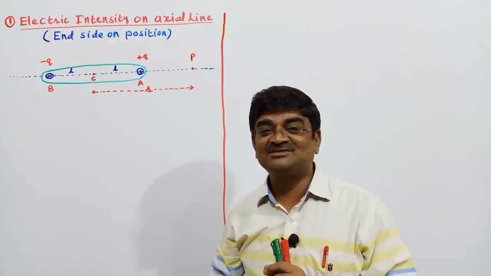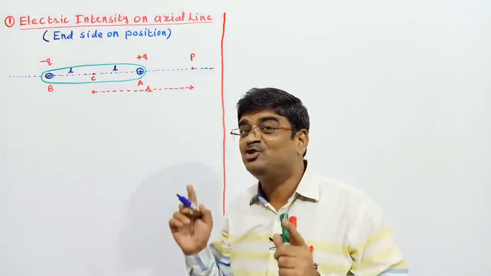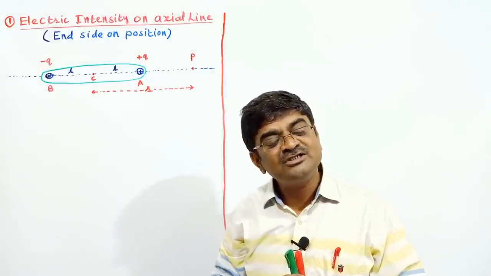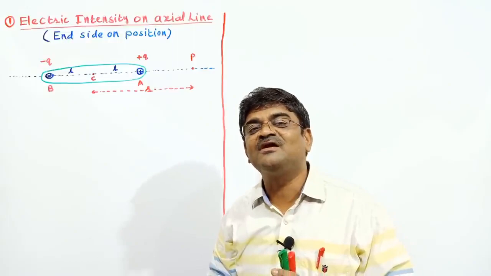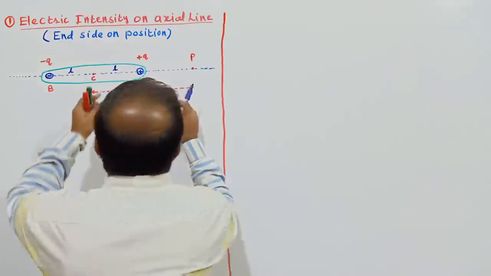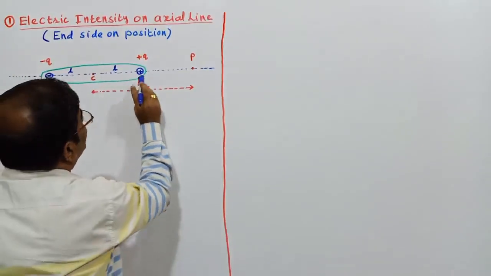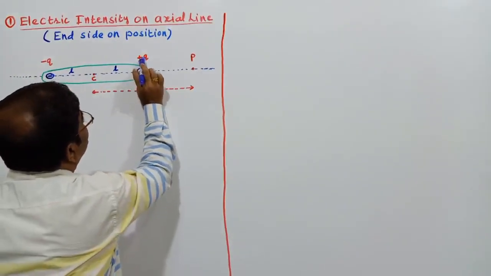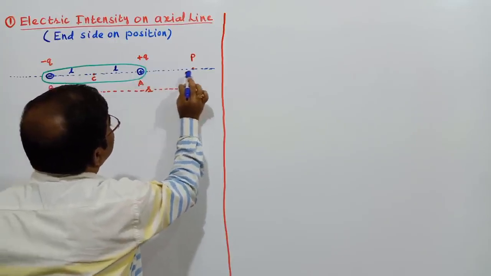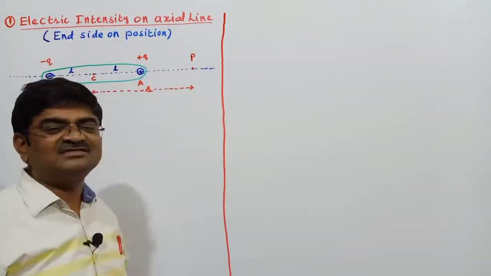So let me get to know the contribution to the electric intensity at P by those two charges of the dipole. To start with, I would like to know the contribution to the electric field or intensity at P by the positive charge of the dipole. So while dealing with this, I forget everything negative and whatever else is there. What I say now is, I have a positive charge plus Q. From this positive charge plus Q, there is a point P. At what distance? Distance AP, you can say. And at P you would like to know the contribution of this positive charge.